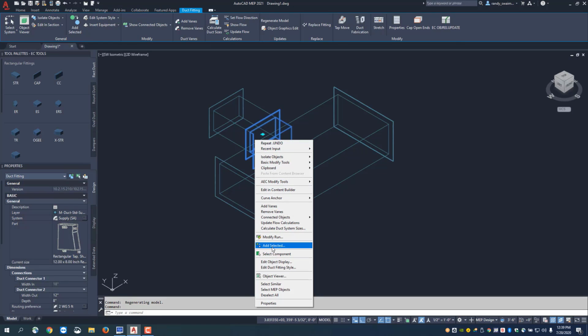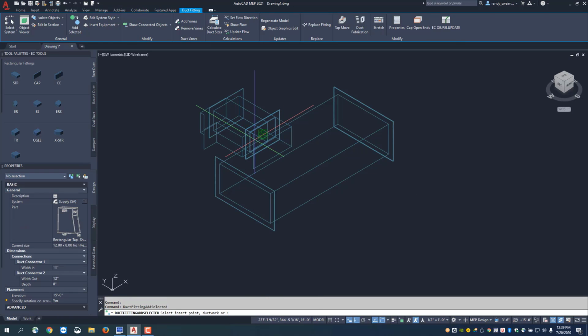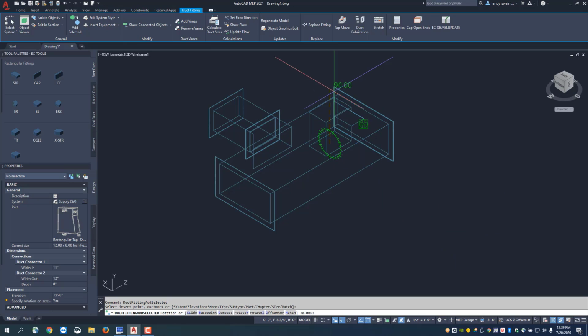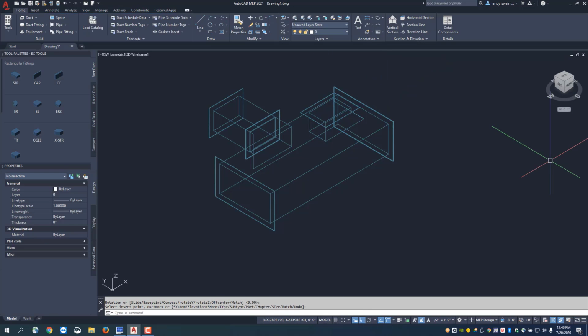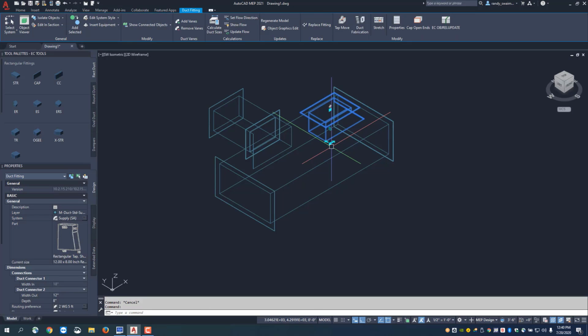Now I have that tap on my cursor, and I have the ability to put that tap wherever I want to put it. Let's say I want to put it on the top of the duct. So I can just click that here. I can give it the direction I want to go, which is going to be up here. It's not my 90-degree angle. Place the tap, and that tap is placed on the duct as well. It can also be switched direction by hitting your flip grip here,